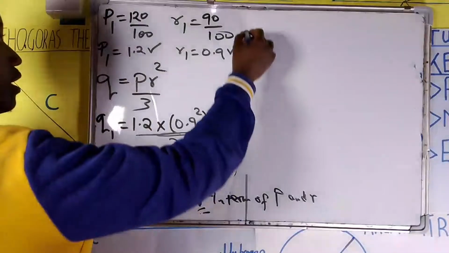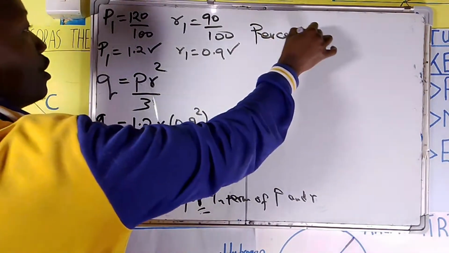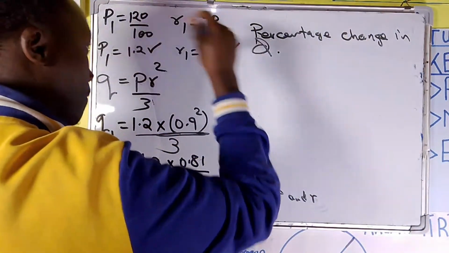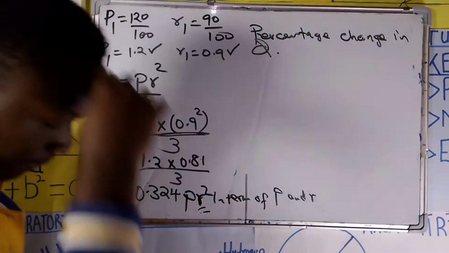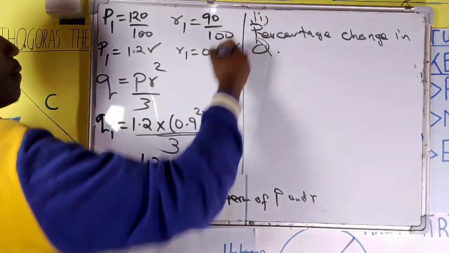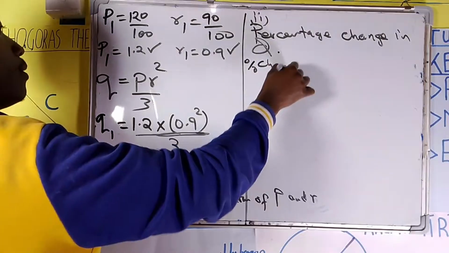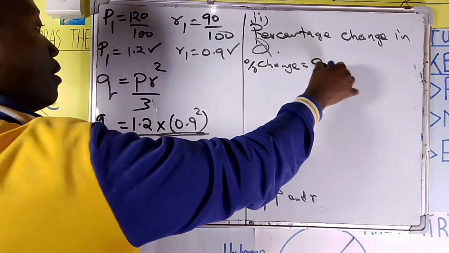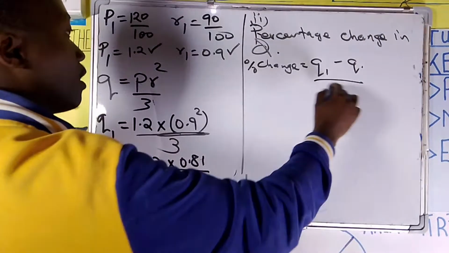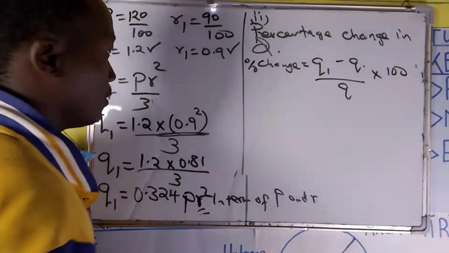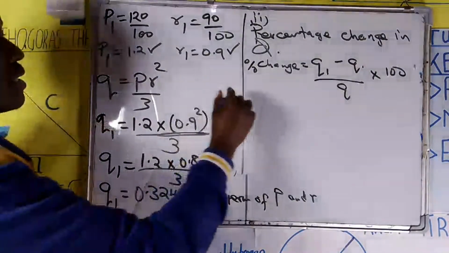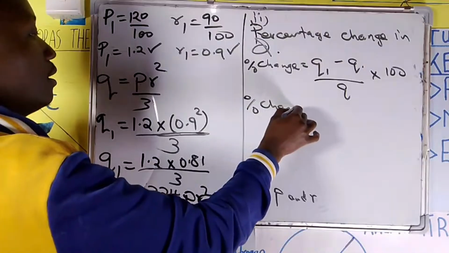It tells us the percentage change in Q. The percentage change in Q, this is Roman 2, part C. Percentage change, we say this: the new Q minus the old Q, over the old Q, times 100. So this means that the percentage change will be